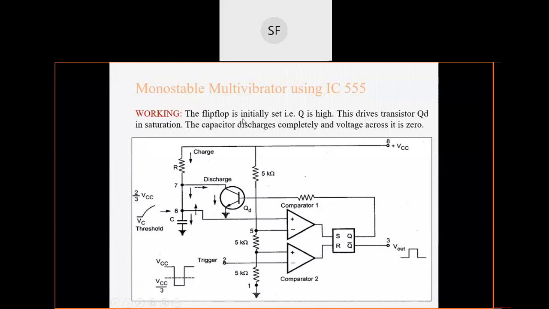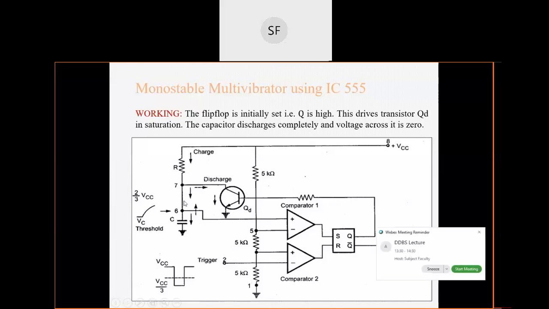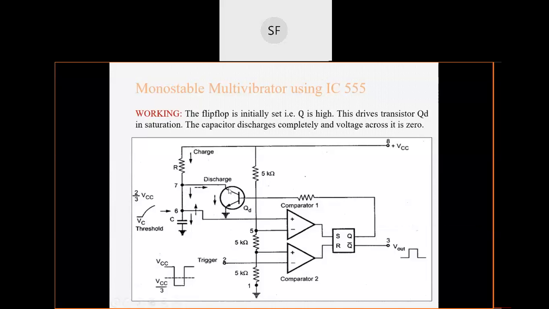You have to start from flip flop is initially set, that you have to assume this condition, that is Q is high, Q1 है तो आपका डिस्चार्ज ट्रांजिस्टर भी सैचुरेशन में जाएगा. तो अगर आपका कैपेसिटर जितना भी चार्ज था इनिशियली वो क्या हो जाएगा? डिस्चार्ज हो जाएगा. ओके, और जो भी करंट यहाँ से फ्लो होता था वो कैपेसिटर में से फ्लो नहीं होगा, वो जाएगा आपका सीधा सीधा डिस्चार्ज ट्रांजिस्टर से ग्राउंड तक. सो कैपेसिटर के अक्रॉस का वोल्टेज क्या आएगा फिर? 0. ये हो गया आपकी इनिशियल अजम्पशन.